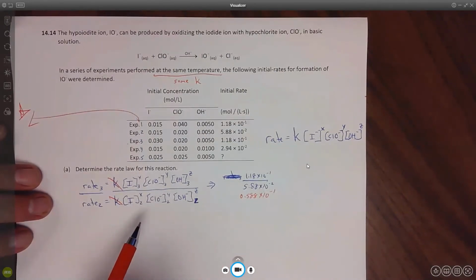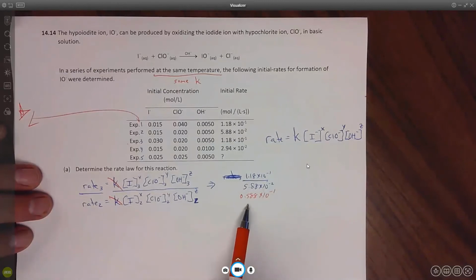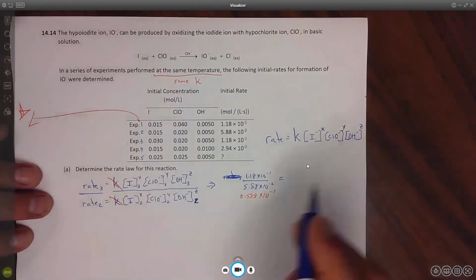Shouldn't need a calculator. It's just 2. Okay. So 1.18 divided by 0.59 basically is 2. Okay. But anyway, that's going to equal then,